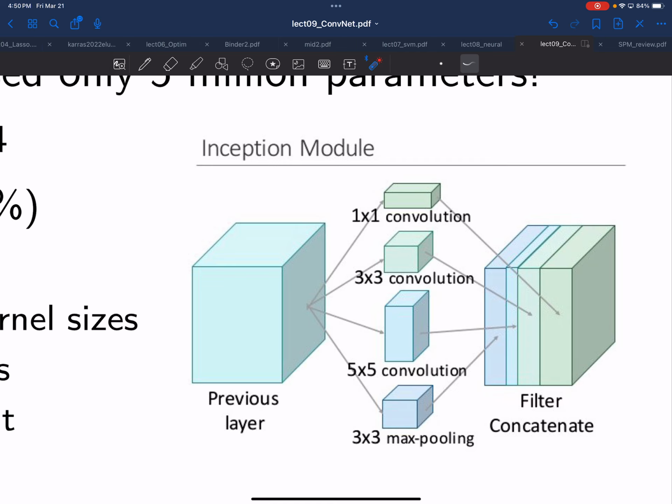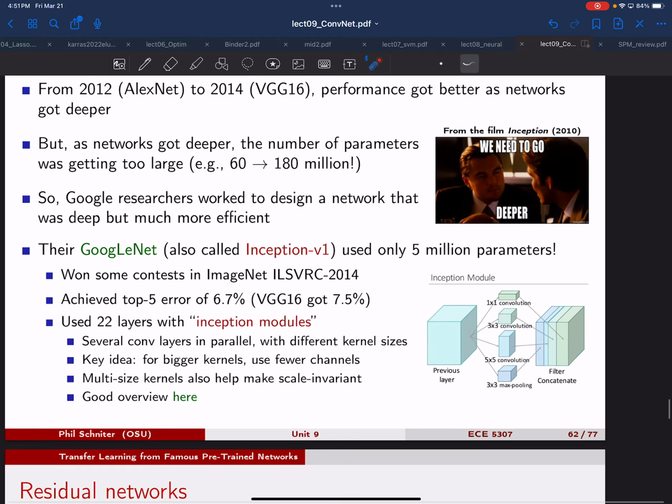And when you do this, the number of channels that you output for the 5 by 5, you don't want that to be many because those channels are expensive to compute. But if you have a 3 by 3 or 1 by 1, those are much cheaper, so you can tolerate having many more channels for those simpler convolutions. So you can see here the number of channels is increasing as you make the kernel size smaller. And then over here, max pooling can also tolerate a lot of channels. So this is the inception module,